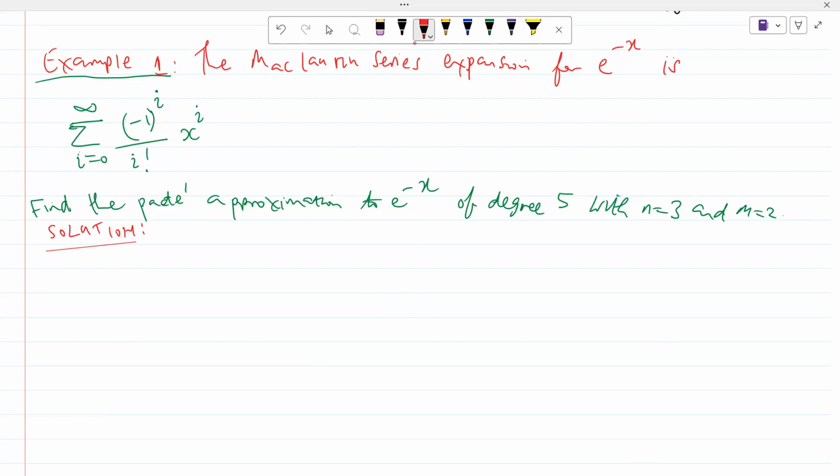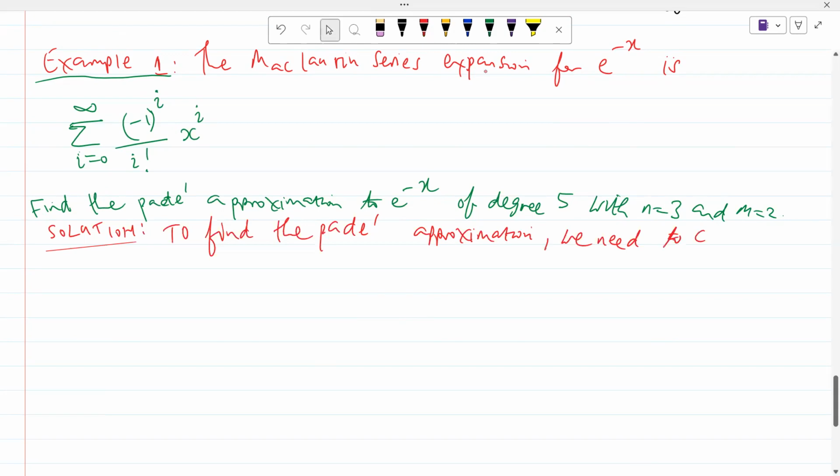But we start by saying, to actually find the Pade approximation, we need to choose P0, P1, P2, P3, and then Q1,